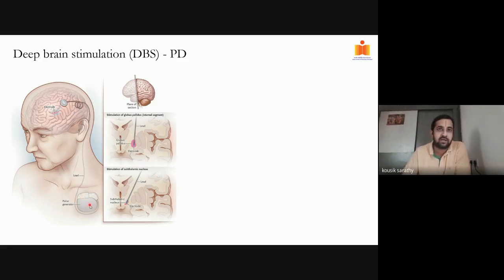Previously, these surgeries were done on separate days. The implantation was done on one day, and then the pulse generator was placed on a separate day, because once the leads are implanted, they are externalized, so they are sticking out of the scalp for up to 1 week. They wait for the microlesions to subside and the dyskinesias that occur when you puncture through STN to subside, and then they titrate.